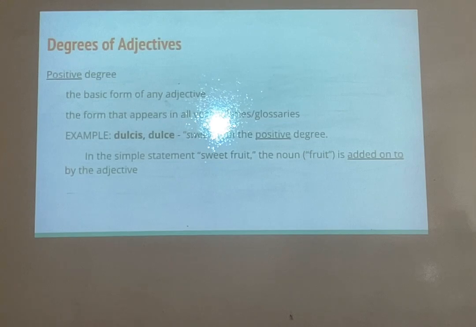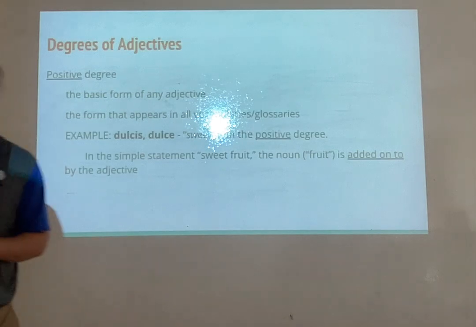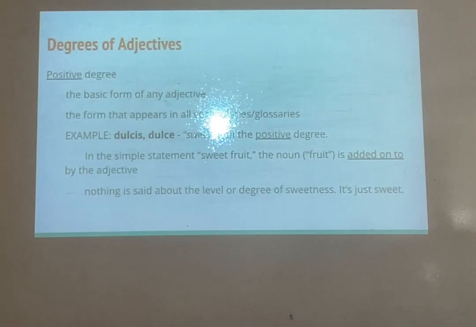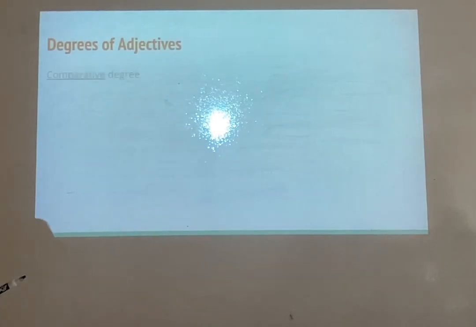Like I said before, the symbol for positive is a plus sign. So you just know that these are descriptions being added on by the adjective. So, sweet fruit. It's not talking about anything else. It's just describing the fruit as sweet. It doesn't matter what kind of sweetness we're talking about. It's just sweet. Simple adjective. Are you all tracking with me right now? Yep, just very basic grammar stuff right now. The next one is the